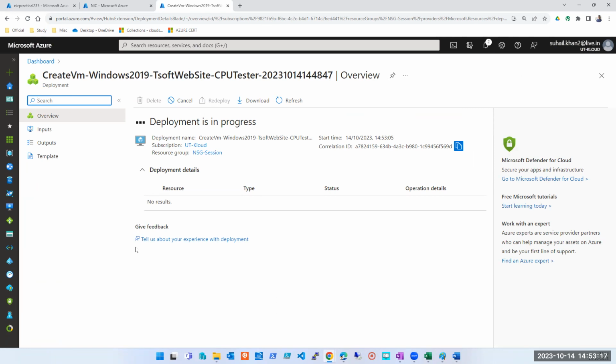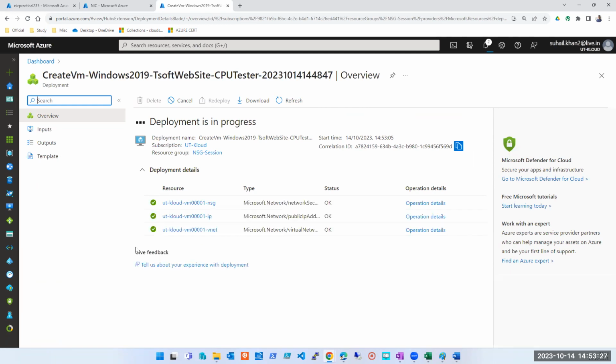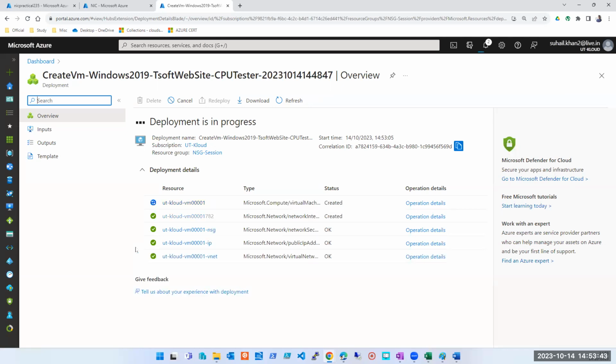Okay, so now this is being deployed. While it is being deployed, do you guys have any questions, any doubt, anything? Guys, please feel free to ask questions. If it is irrelevant, I'll tell you, don't worry. I'll tell you that this is not relevant, don't spend much energy on this, it will not be asked.